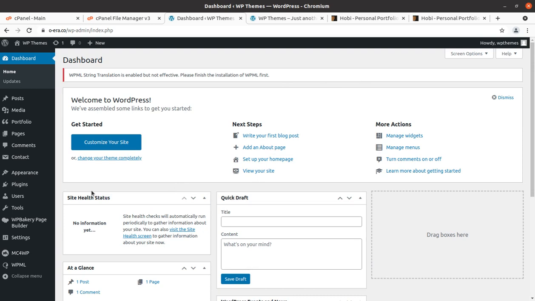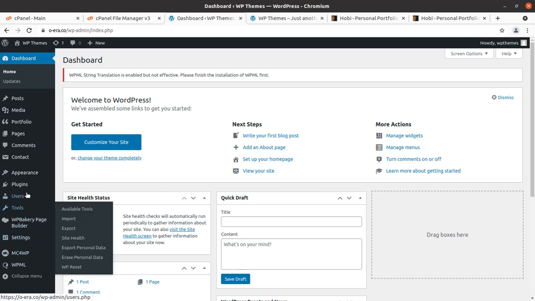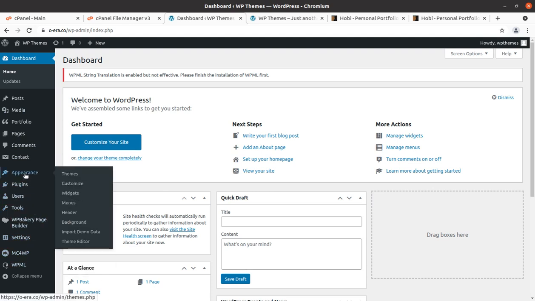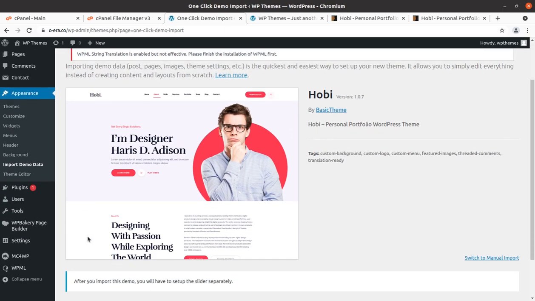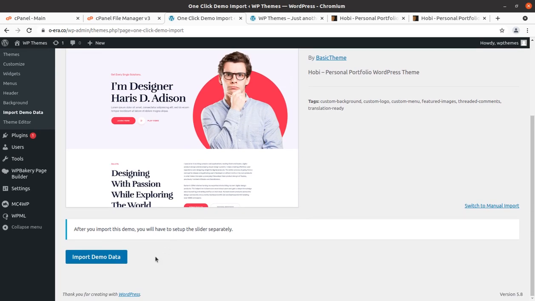Okay, so we have all the plugins activated, and we have an option under the Appearance section called Import Demo Data. We shall be using that, and after completing the demo data import, we can check how our website looks. So let us proceed with the demo content import and click on Import Demo Data under the Appearance section. Okay, this is the screen for importing the demo data.